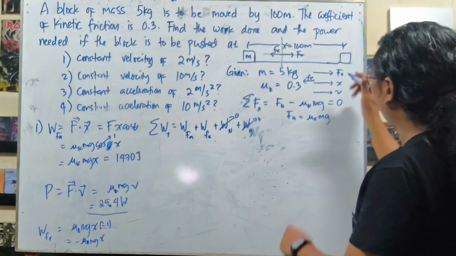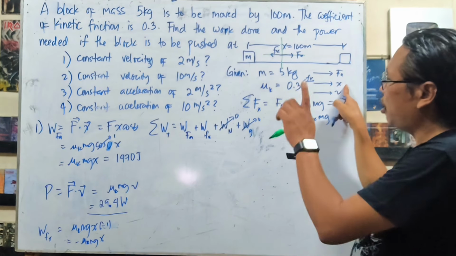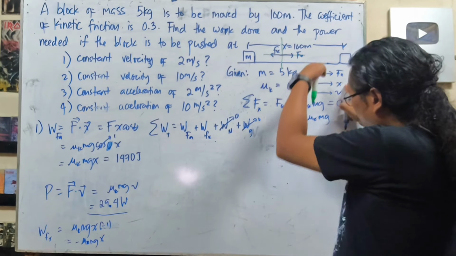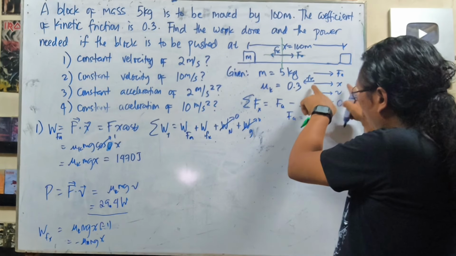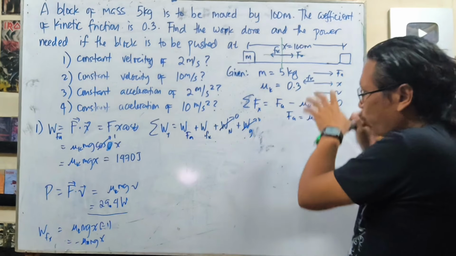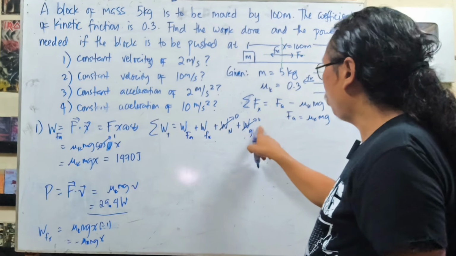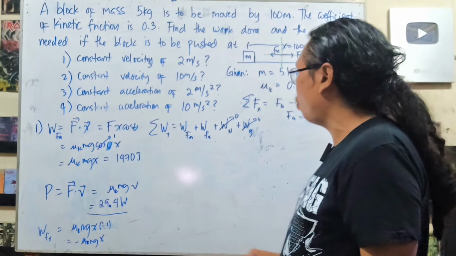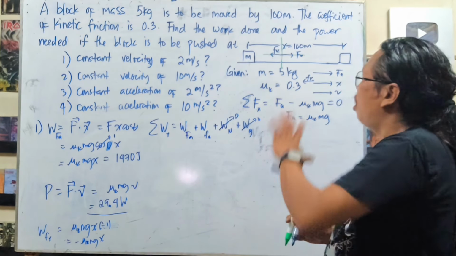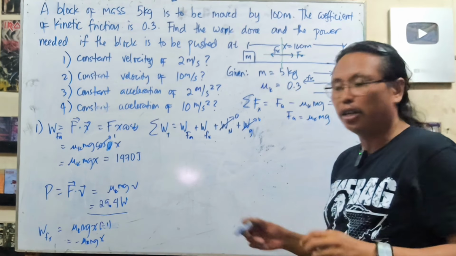Why? Because as you can see, the normal force is perpendicular to the velocity, and cosine of 90 is 0. And also gravity is perpendicular to x. The normal force is perpendicular to x and also the velocity. So cosine of 90 is just 0. So that's why this will produce no work. Only these two works. When we say total work done, we are actually calculating the overall work done by all possible forces present there.